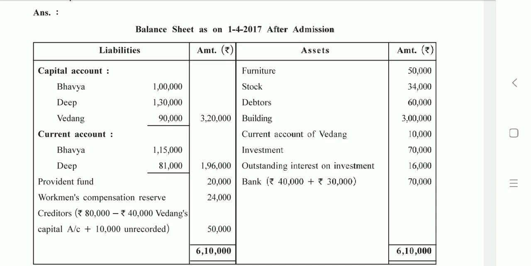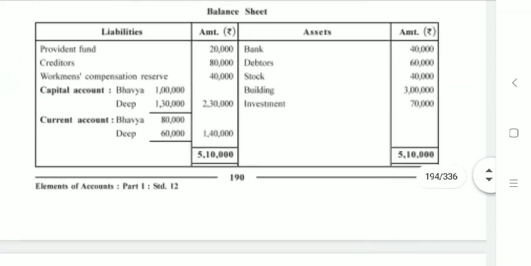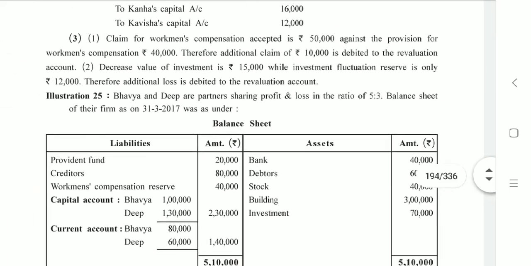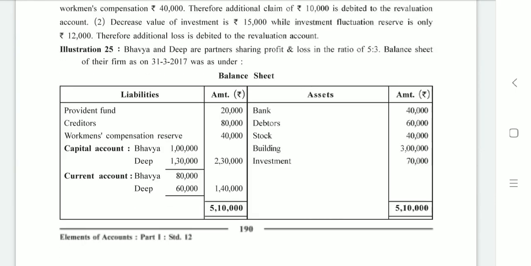Now if you remember, the amount of goodwill, premium for goodwill brought by the new partner is to be shared by old partners in their sacrificing ratio. This is why it is always important that you find sacrificing ratio in the very beginning of your sum. Yes, and I have explained this same. Just because new share of the partners is not given, only old share is given, old ratio I mean, and the share of new partner is given. In such a case, old ratio itself becomes sacrificing ratio. So this 30,000 will be shared by old partners in the ratio of 5:3.